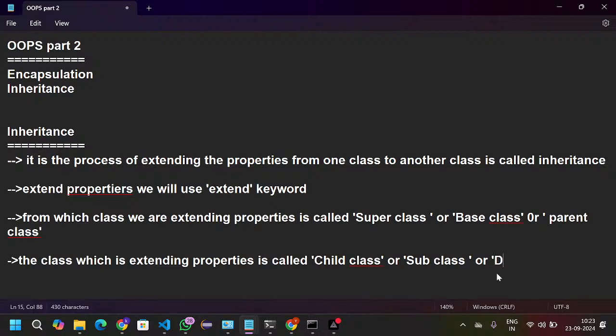Or derived class. Okay, so, derived class. Okay. So next thing is